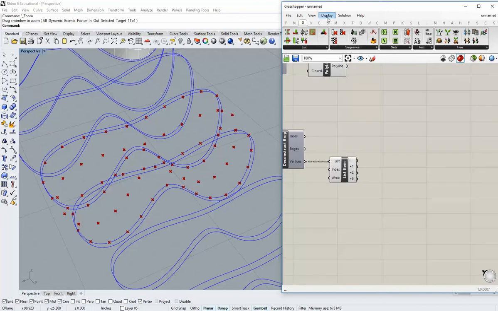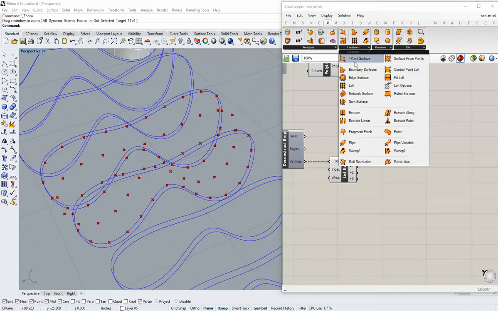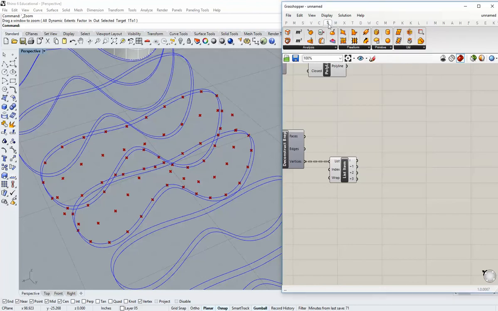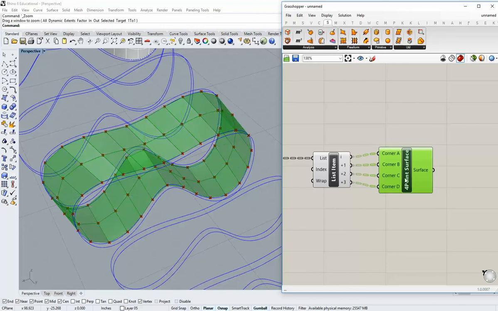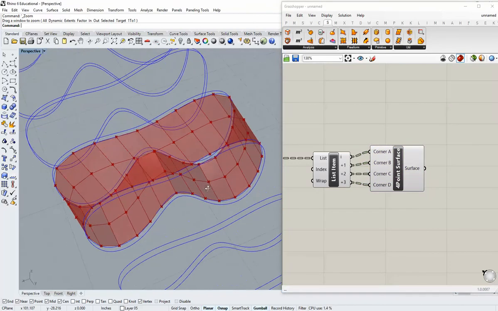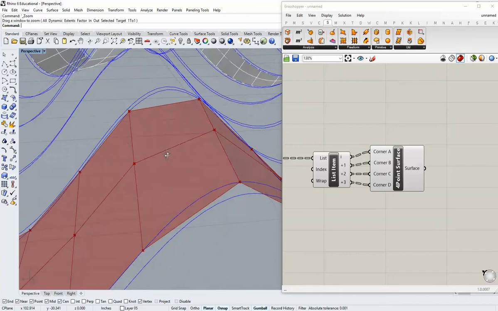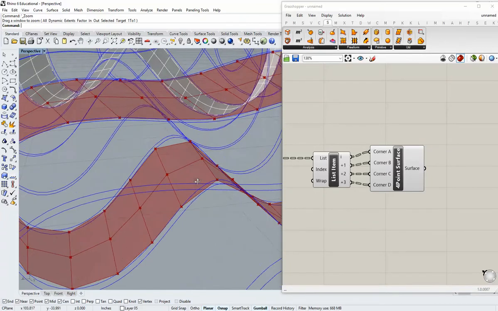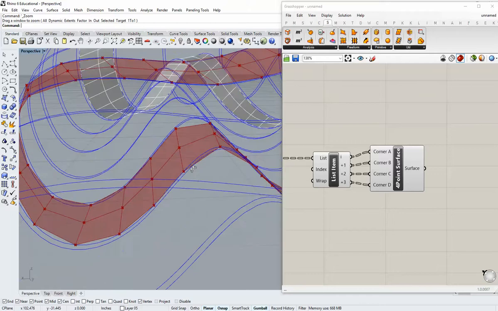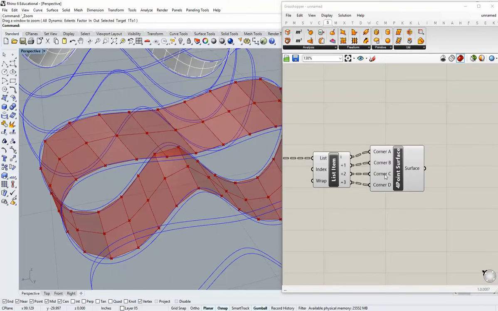Okay, and we can use these points now to redraw a surface that's flat but kind of twisted. So it's not planar, but they're as flat as we can get them, at least from these points. So I'm going to go to Surface, Freeform, 4 point, and just connect across like this. Okay. So let's zoom in a little bit and see what that looks like. You can see we've got some considerable twisting in this area. And that is going to be up to whether or not you can achieve that. If you can't, you did notice,